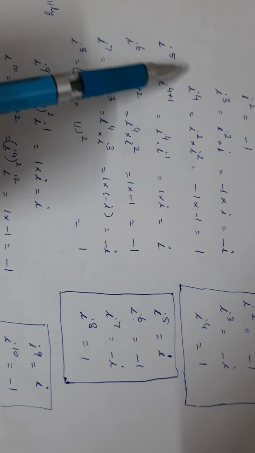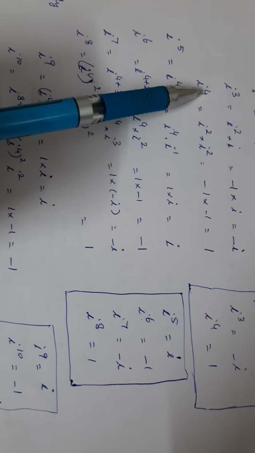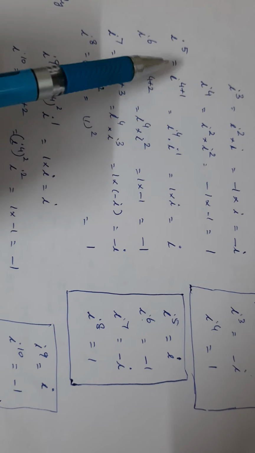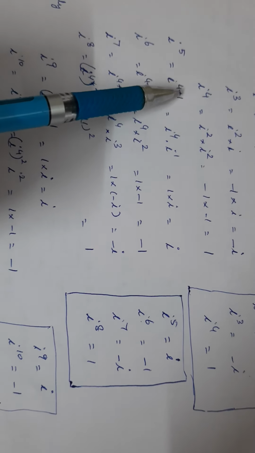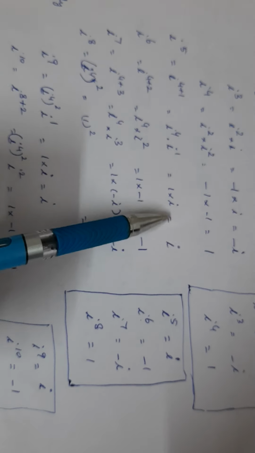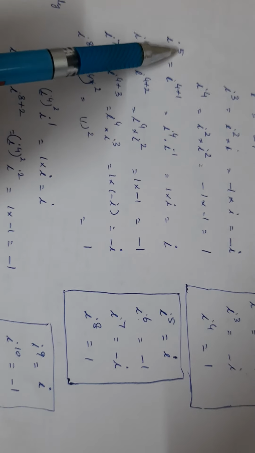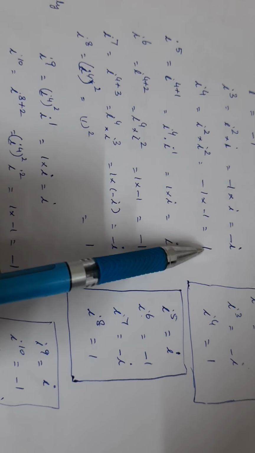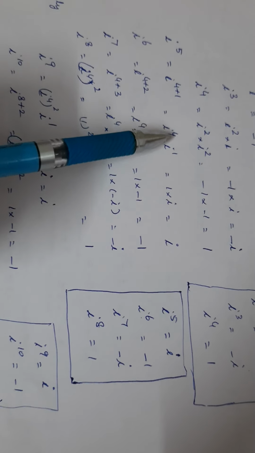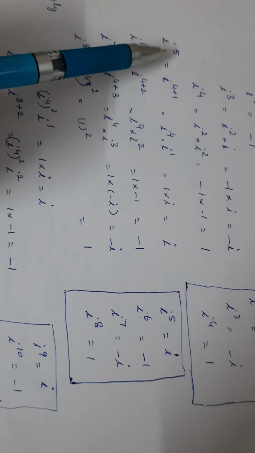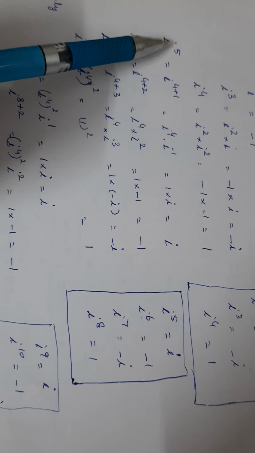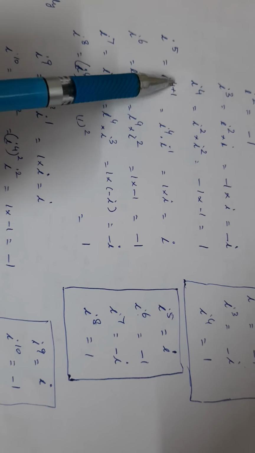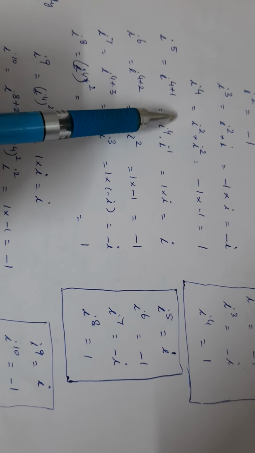So if you split the higher powers, higher than 4, as 4 or multiples of 4 plus some number, it would be easy for us to find a value. So I have split this 5 as 4 plus 1, as I power 4 is equal to 1. So I power 4 is 1. So 1 into I is I. So easily we can find out the value of any power of I if we split this power as multiples of 4 plus its remainder.